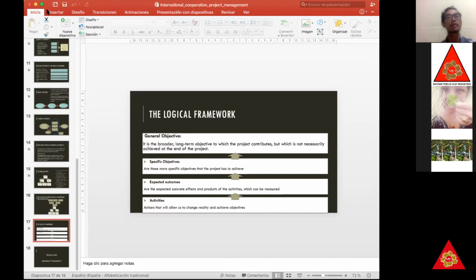Jadi kalau ada open calls proposal, kita bisa menyesuaikan dengan apa maunya mereka, dengan apa yang terjadi di kita, sehingga bisa klop